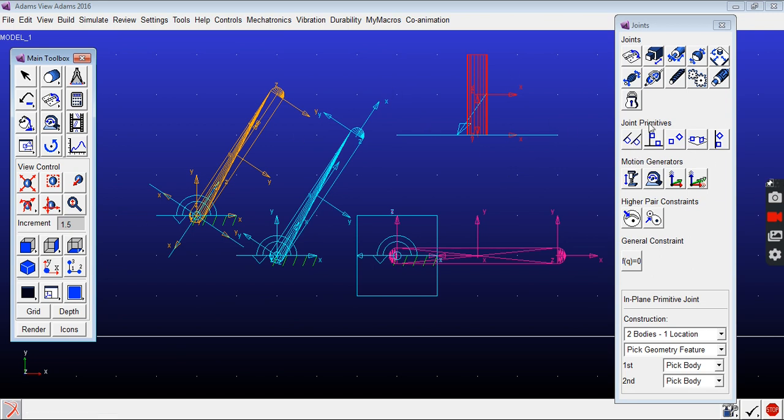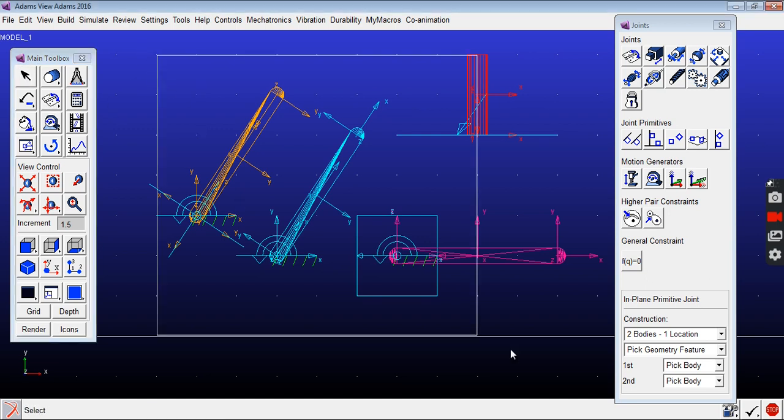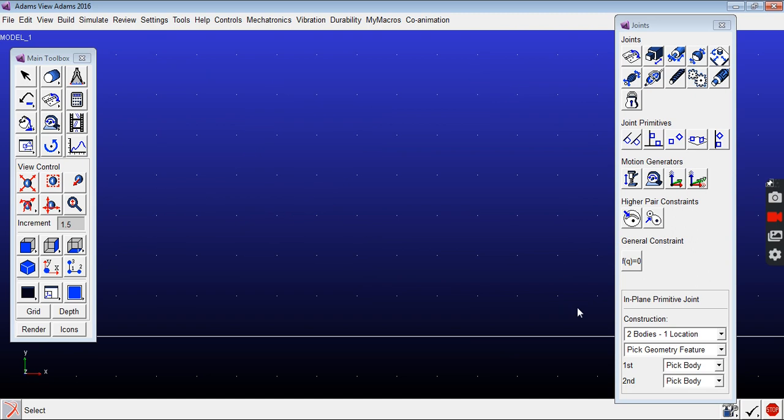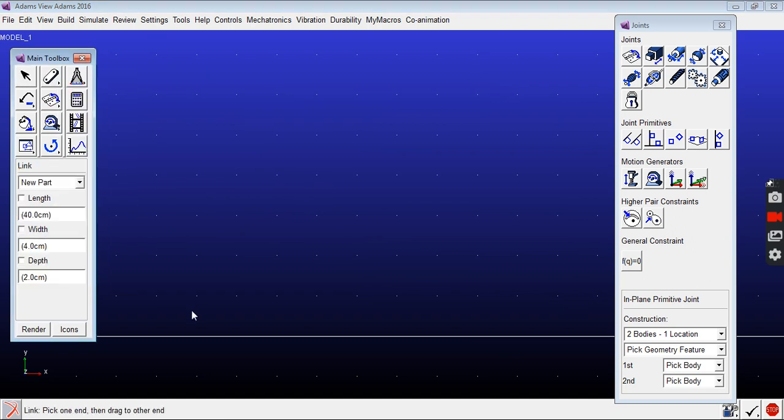Most of the time we use this when there is this kind of parallelism you want to make, or perpendicularity you want to make, or if you want to make only one plane you want to arrest, or you want to make always inline. This is very peculiar. This one I will explain to you how it is going to work. Okay, so now I am going to delete this. So beautiful thing actually it is.